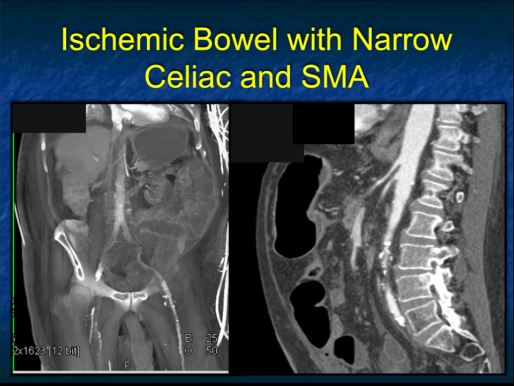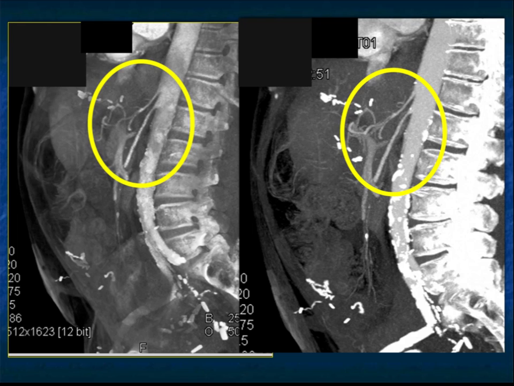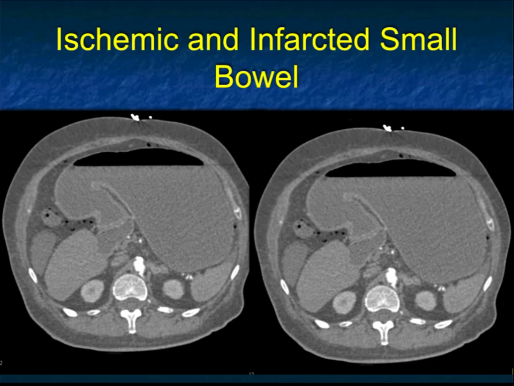Now, I mentioned looking at the vessels. One thing that also is helpful for diagnosing or suggesting with high certainty ischemic bowel is when the SMA and celiac are so small. Now, in this case, the vessels are not occluded, but the vessels are tapered. When patients are hypotensive, when patients have hypovolemia, when patients are going into shock, you will often see very small branches of the celiac and SMA. Sometimes the proximal celiac and SMA look good for a centimeter or two, but then the vessels are really, really tiny